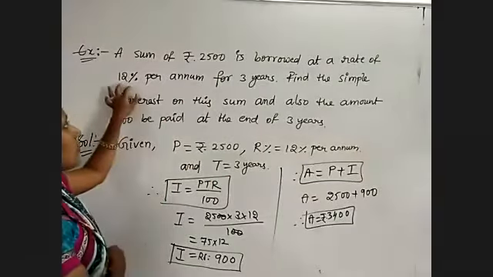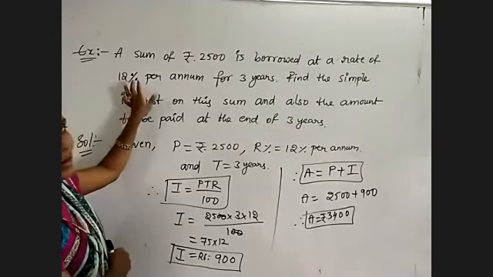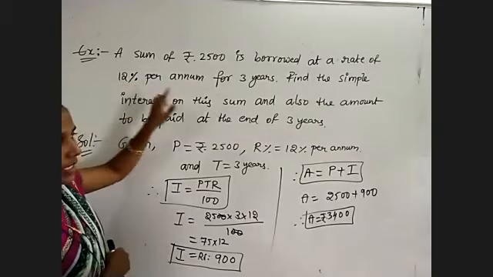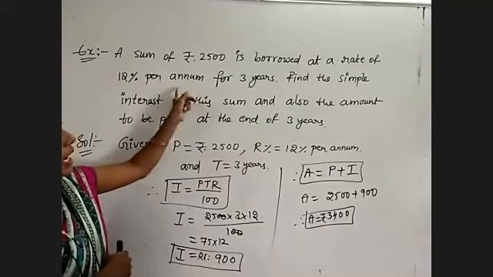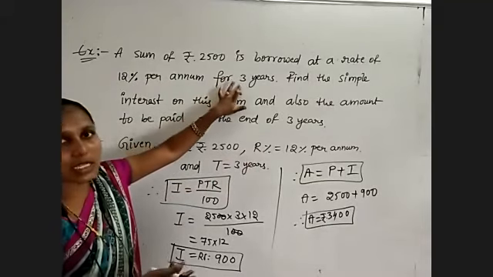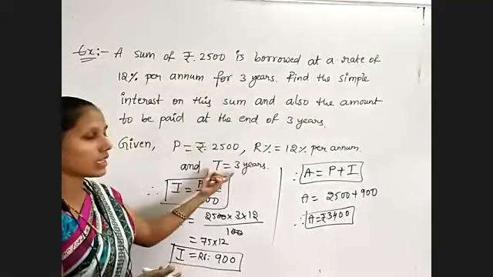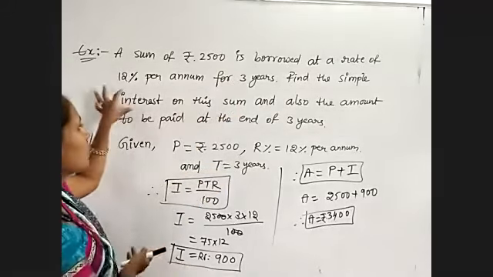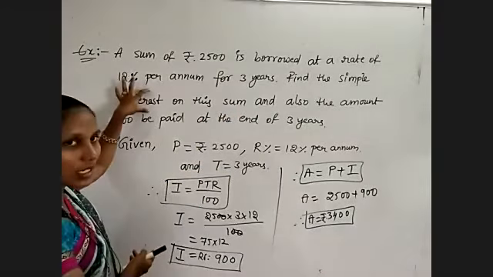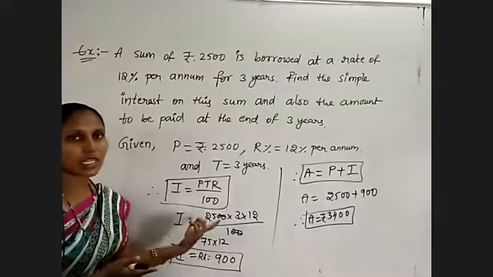And rate of interest is 12% per annum. So if you are getting percentile symbol, that comes under rate of interest. And 3 years. So years is the units of time. So time is given 3 years. Now we need to find out simple interest. So simple interest formula is PTR by 100.